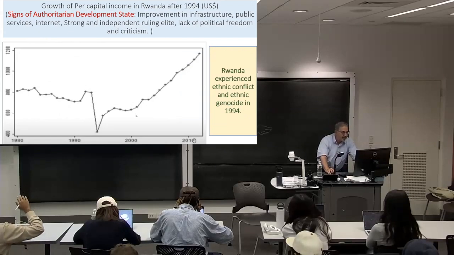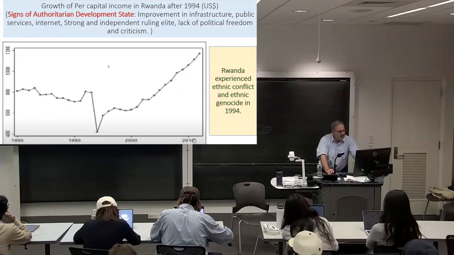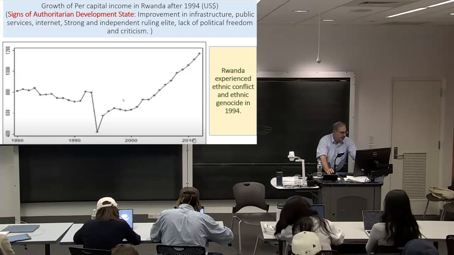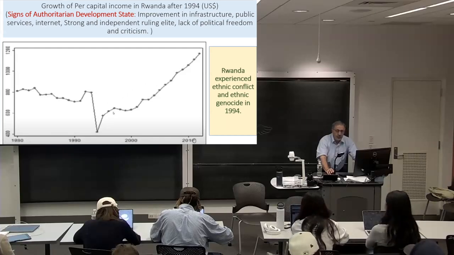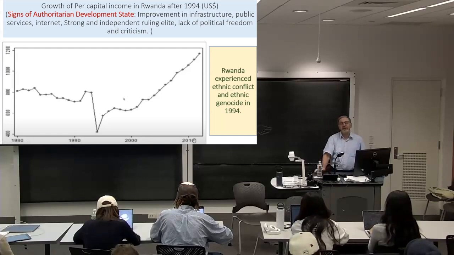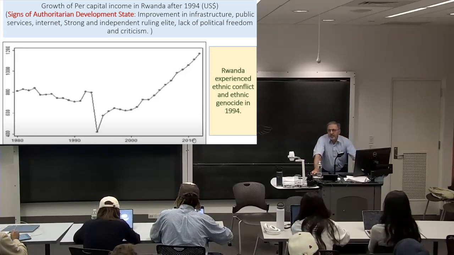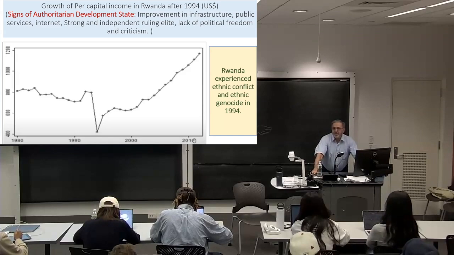To give you an example, here is the GDP of Rwanda. What we are observing is actually GDP, it should be GDP per capita. And you can see that, first of all, those of you who are familiar with the history of Rwanda, it experienced a very terrible genocide in the middle of the 1990s, which is really part of the ugly side of human experience.